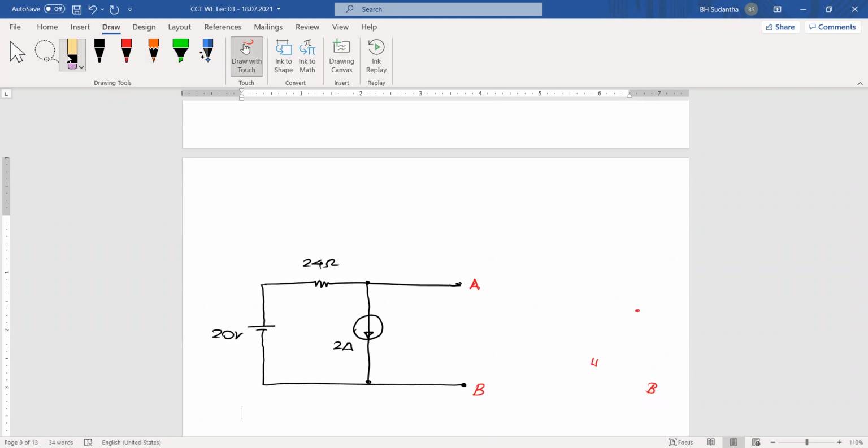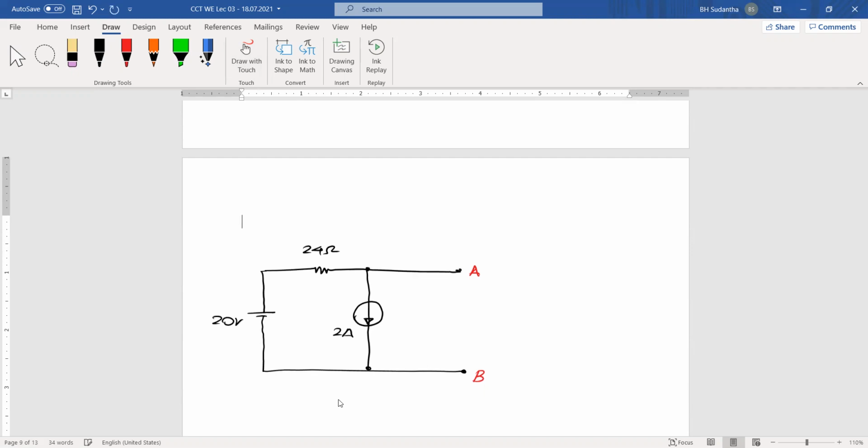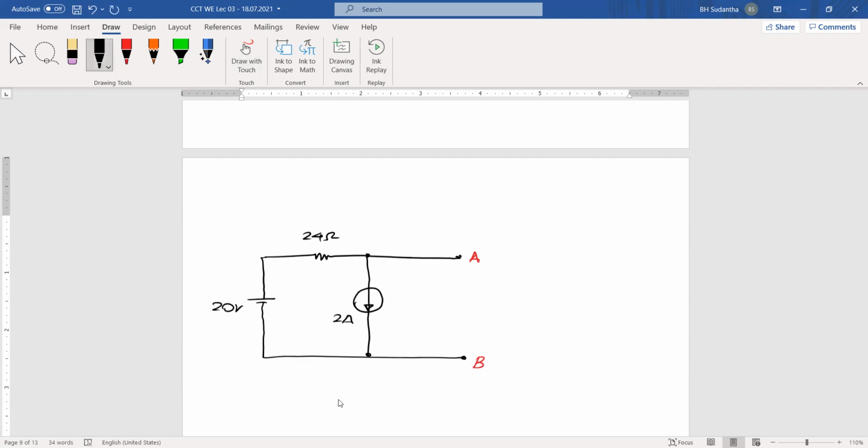To do that, we are redrawing the circuit again. And don't think that redrawing this circuit is a waste of time. Without drawing it again, you might make certain mistakes. To minimize those mistakes, you can redraw the circuit. Okay. Then after that, to find RTH,